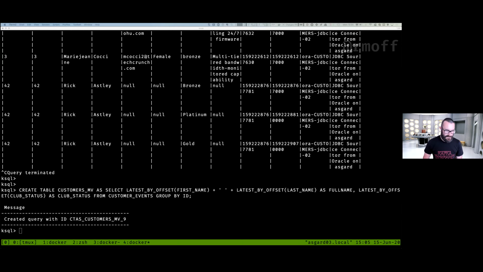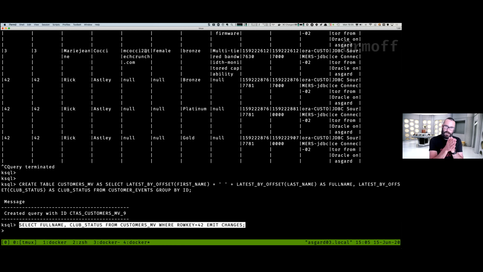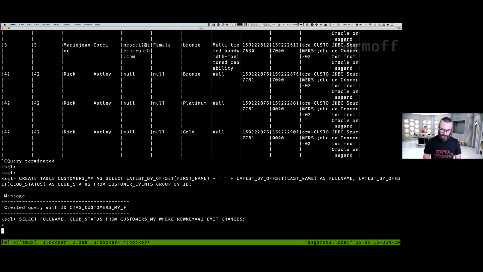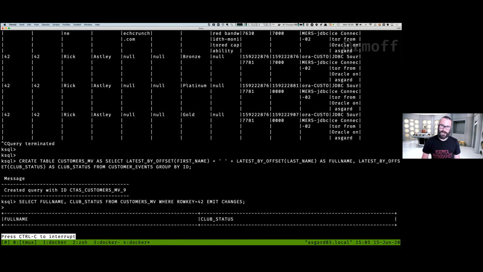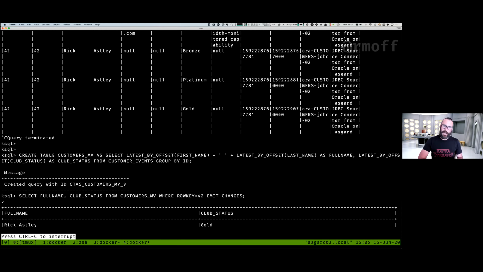Because what we can do is say, show me the state for this key. And you may have noticed I keep doing this emit changes. Emit changes basically means I want to do a push query. I want, as the client of this data, to receive any changes that are made to it, and the cursor will sit there and you won't get return of control because it will just keep on sending you those changes.